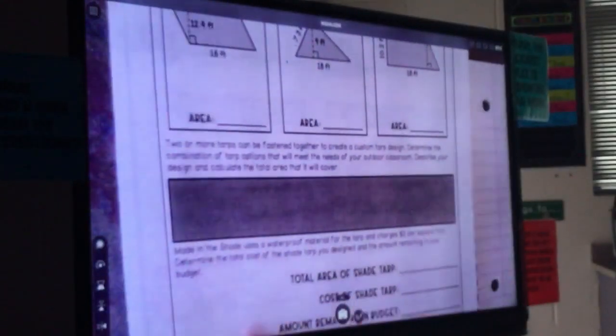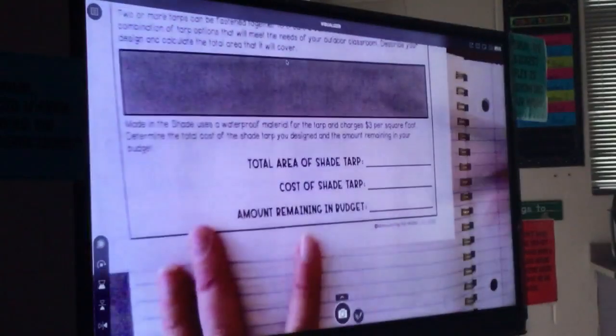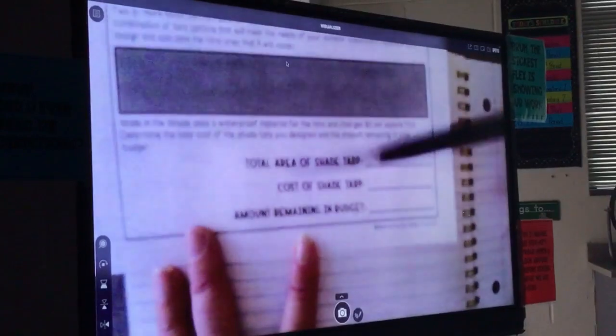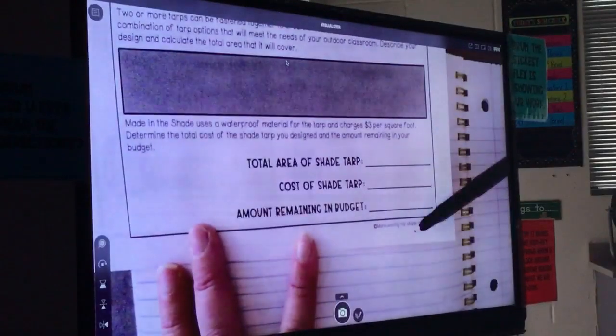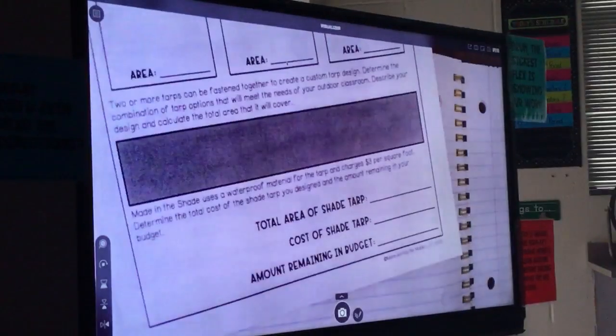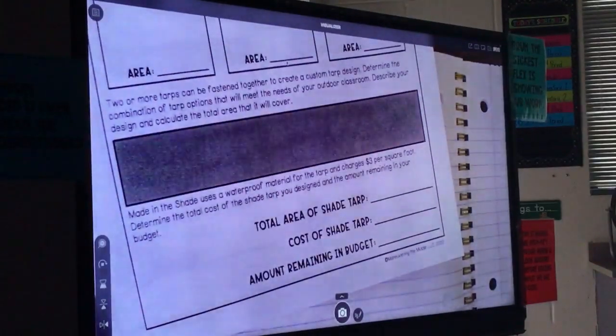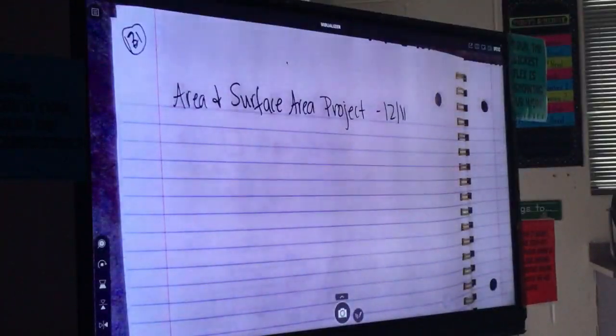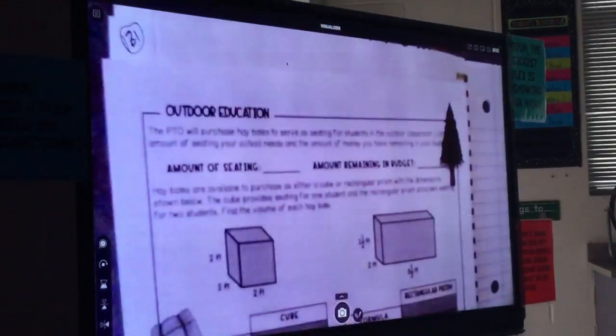Okay? And then the last thing for this is the total area of your shaded tarp, the cost of the shaded tarp, and the amount remaining in your budget. Okay? So there's a little bit more than just finding area and surface area today with this. But it's not feasible. Now, so this is the area part. This is the surface area part. So the surface area part says